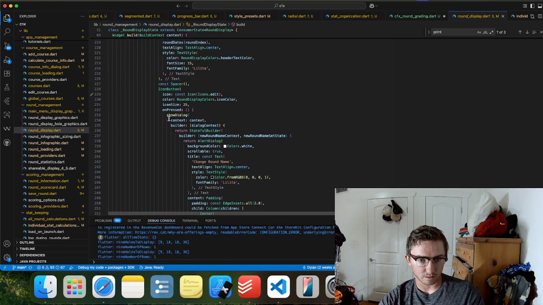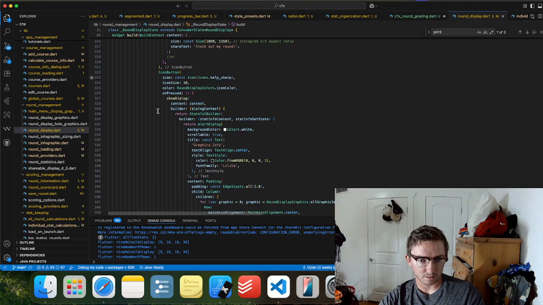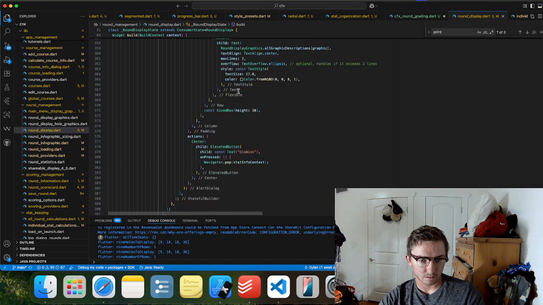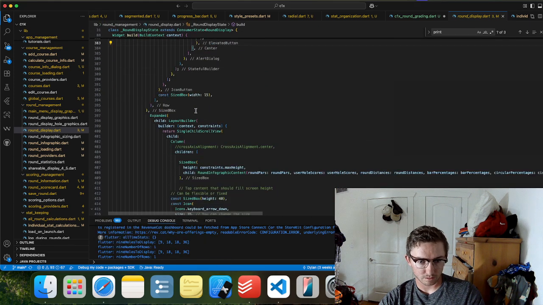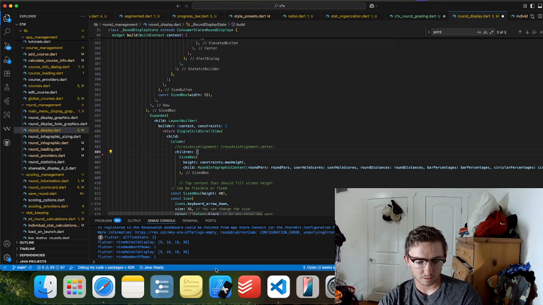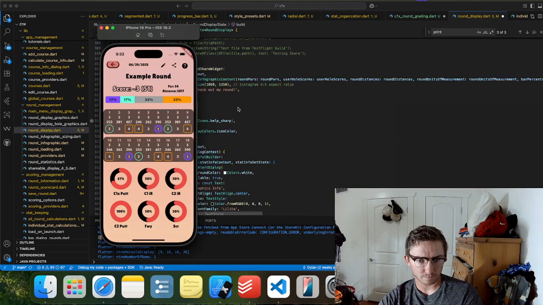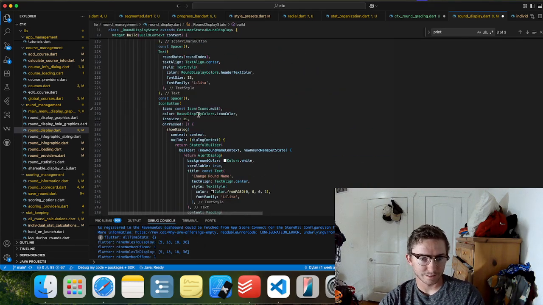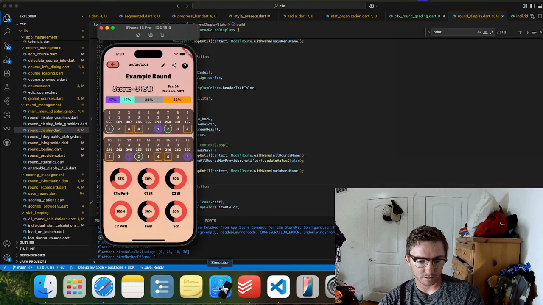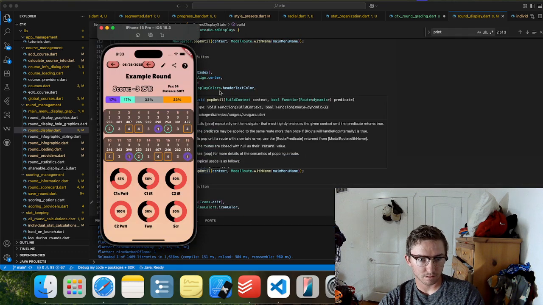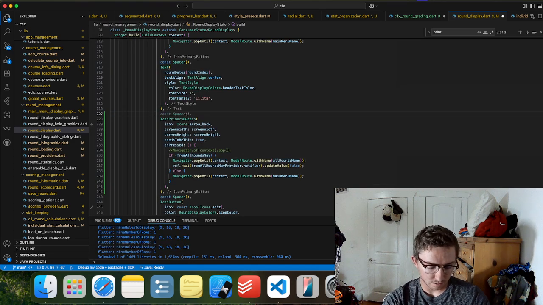And then round dates. Dismiss. And then I am just building the content. Can I cram it in next to the date? Is that even an option? I can. Obviously it doesn't look good, but